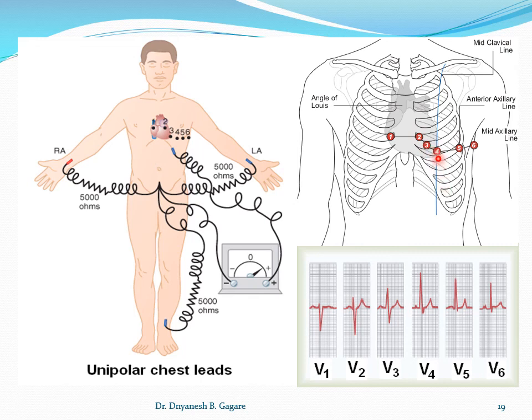Then where is the position of V4? The position of exploring electrode for V4, it is fifth intercostal space. एक intercostal space से नीचे आओ, fifth intercostal space. So it is in fifth intercostal space in mid clavicular line. This line, blue line, it indicates it is a mid clavicular line. Okay, and on the mid clavicular line in fifth intercostal space, left side is a position of exploring electrode, and you just record ECG it comes like this.